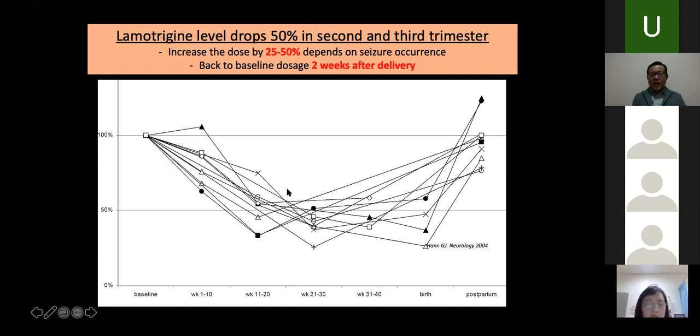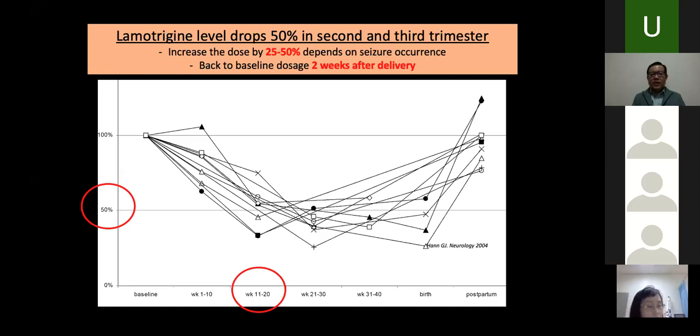Lamotrigine level has been mentioned, so I will not go through the details, just to mention that lamotrigine level can be checked in a private lab. Government hospitals don't offer lamotrigine level TDM, but it can be checked in a private lab. It costs about 200 ringgit each year. Just remember, check them in the second trimester and third trimester